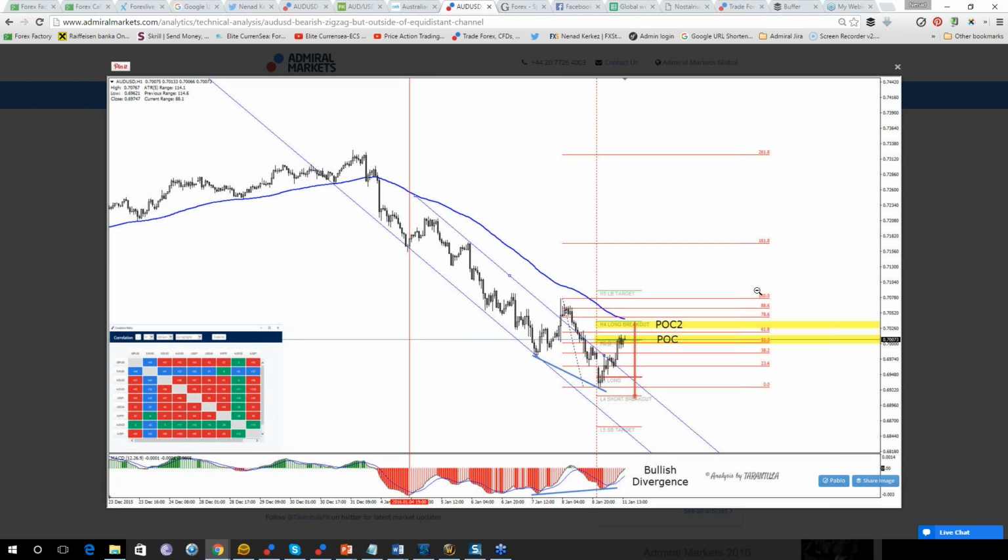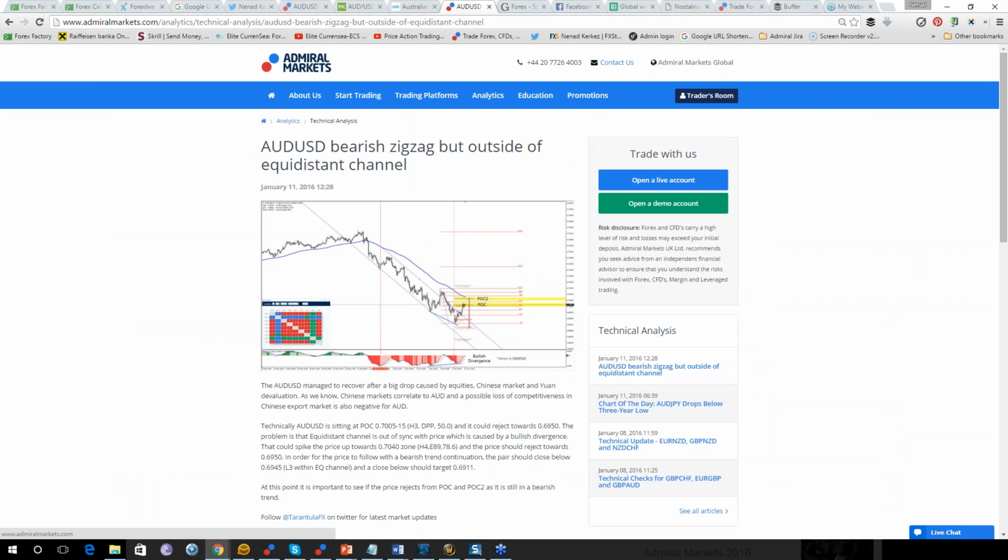So again, from technical perspective, hi Ilya. Ilya is saying hi. From technical perspective, we had bullish divergence here. Divergence pushed the pair up towards H3 and daily pivot point. Then the price was hesitant to go down. It came to POC2 and straightly rejected towards 69.80. So yes, something like 50 pips from this setup, and the analysis is here as always on Admiral Markets. So you could have read it. It's very clear.